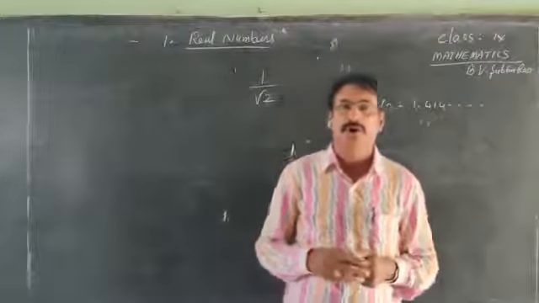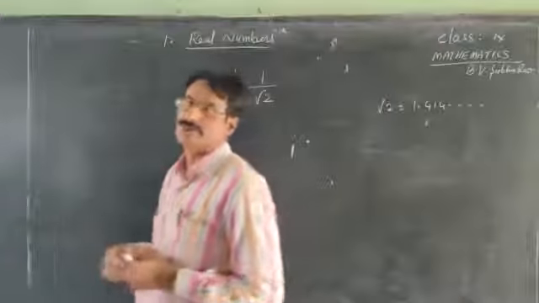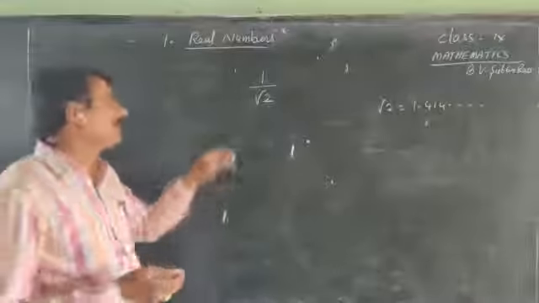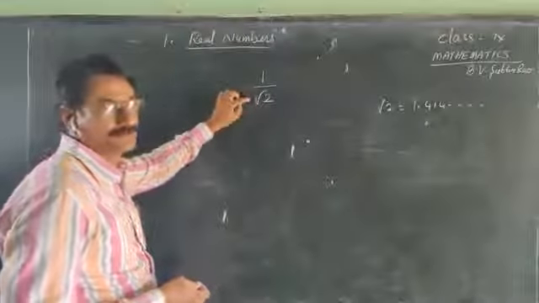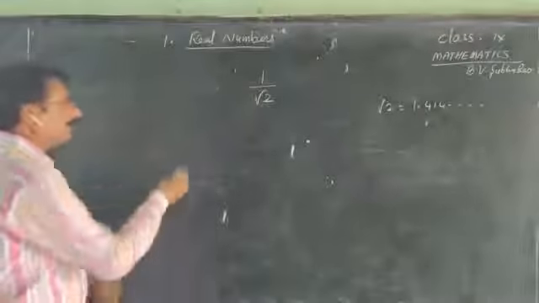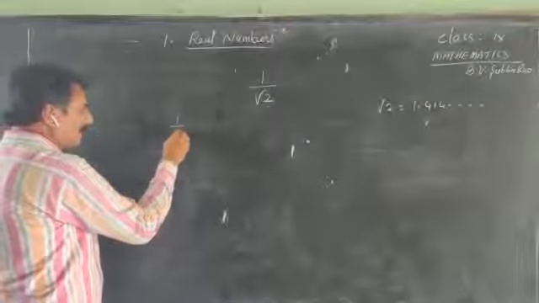It's called the rationalizing method, where the irrational number is in the denominator of the fraction, and we multiply 1 by root